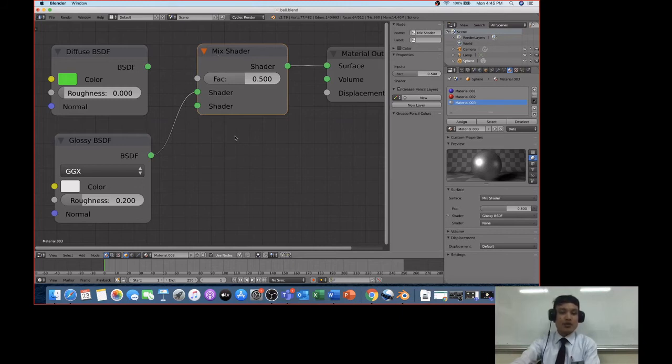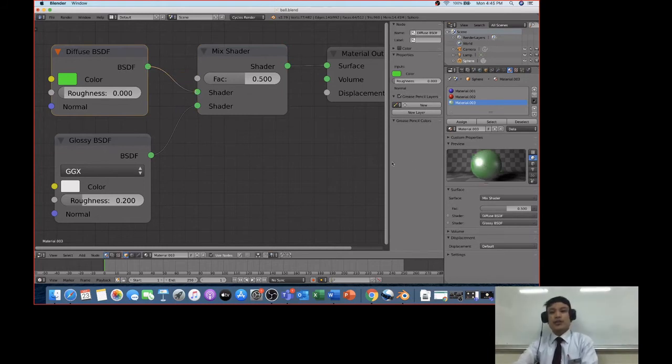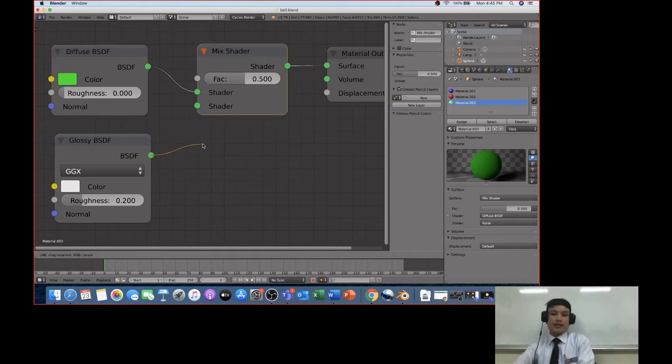It mixes the two. So I can put it in here, BSDF here for glossy BSDF, and I could put it in here for the diffuse. So if you will see now the object on the right change the property, right? Try to remove glossy, it will be like this. Try to put the glossy, it will be like that. Try to remove diffuse, it will be like this. Correct? Color is not